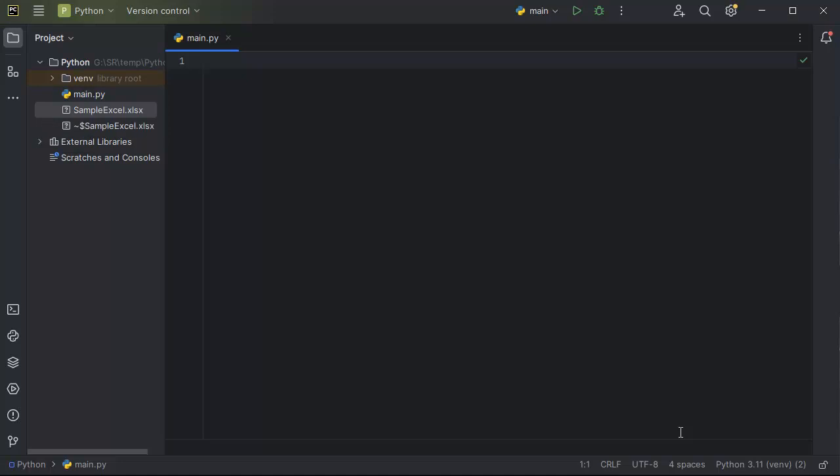Hello guys, welcome to this tutorial on reading Excel file data in Python using XLWings. XLWings is a Python library that allows us to interact with Excel workbooks using Python code. XLWings is useful for tasks such as data analysis, reporting, and automating repetitive Excel tasks. In this video, we'll learn to integrate Python with Microsoft Excel using XLWings, and then we'll read the data from